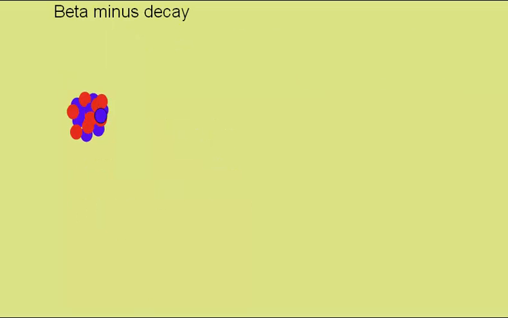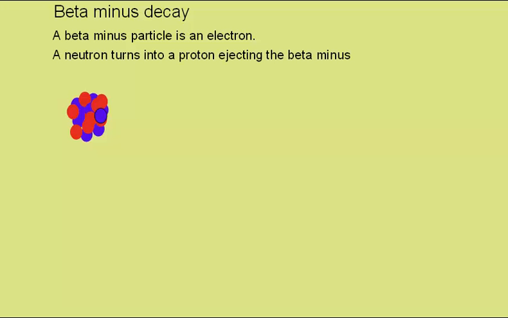Now to look at beta minus decay. A beta minus particle is simply an electron, and it comes about when a neutron turns into a proton, ejecting the beta minus. An electron antineutrino is also ejected, and you'll find out more about this later in the course. I've highlighted this neutron, which is the one which will spontaneously turn into a proton and eject the beta minus